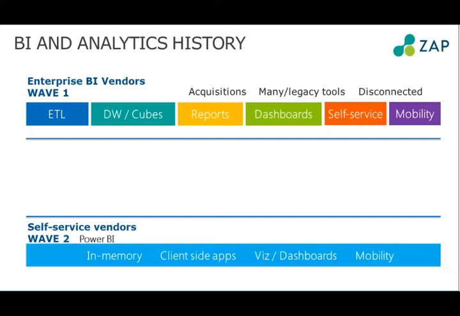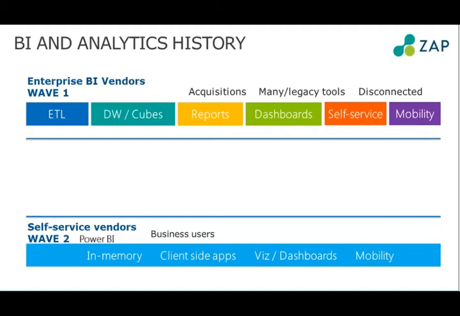This is an opportunity where you can actually download very quickly a product, end up with an in-memory database with some data that you want to analyze. It's client-side, so it's easy for you to manage and operate. You've got nice visualizations, really great, pretty dashboards, etc., and mobility options. And so for business users, it was a very easy way to actually get involved in BI, where you didn't have to go through a corporate acquisition of a BI tool. You could do it under an operation budget versus a capital budget, and you can get going pretty quick.